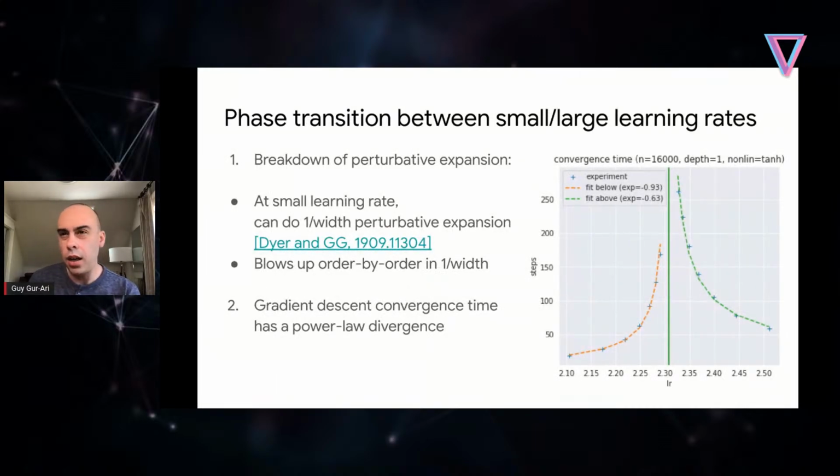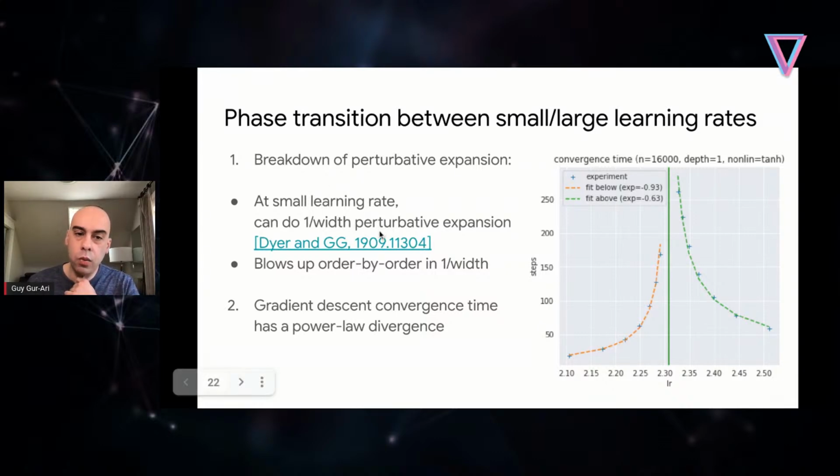Okay. I want to make a short comment about how this is like a phase transition in physics, because I mentioned that before, and how this is not just a surface level similarity. When I say the phase transition, I mean in particular crossing this threshold where the learning rate is smaller than 2 over the curvature versus larger than 2 over the curvature. That's the critical thing that separates the two regimes. And let me just mention quickly a couple of ways in which this is really like a phase transition in physics.